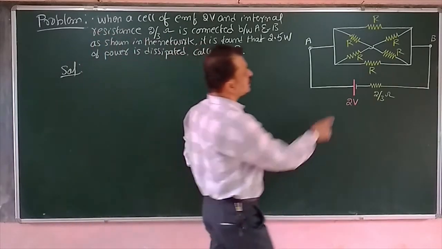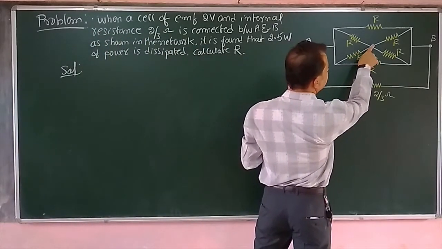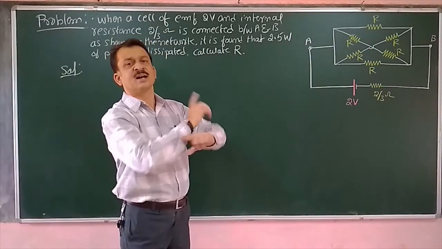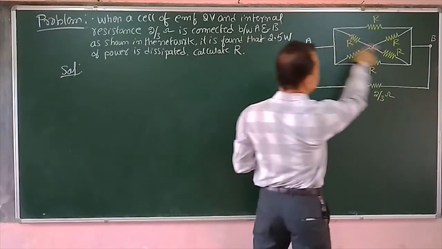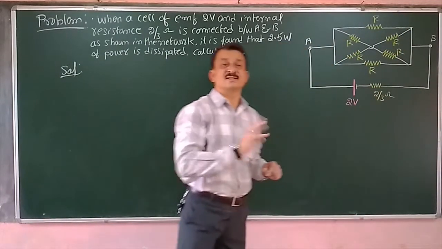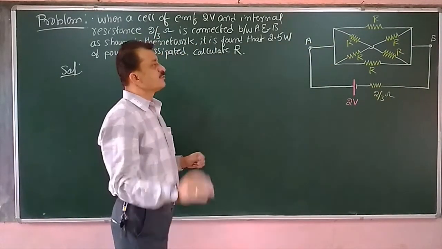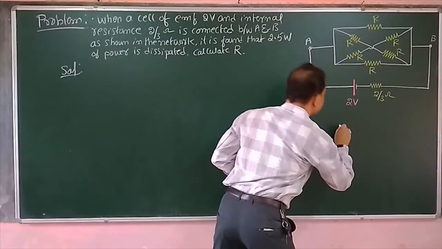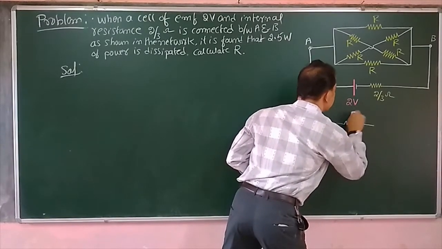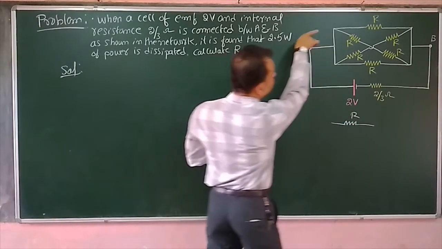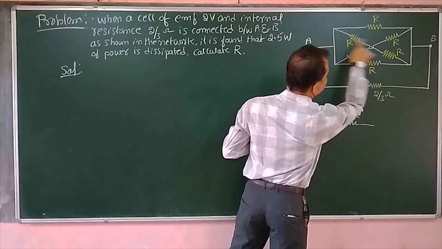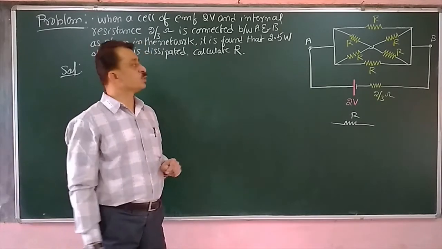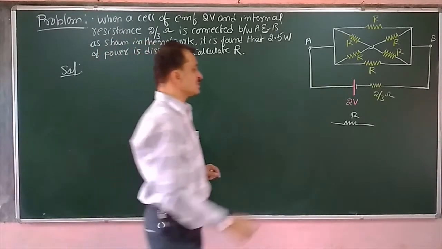Now carefully look here. In the diagram, they have given a jump. Now this jump indicates that the diagonals are not at all connected. The diagonals are not at all interconnected. That is the meaning. Okay. So if that is the case, then carefully look at the terminals A and B. Now I will write the first resistor here. Now this is R. Now I will take the diagonal here. Here one resistor and another resistor, they are in series. Those two resistors are in series.